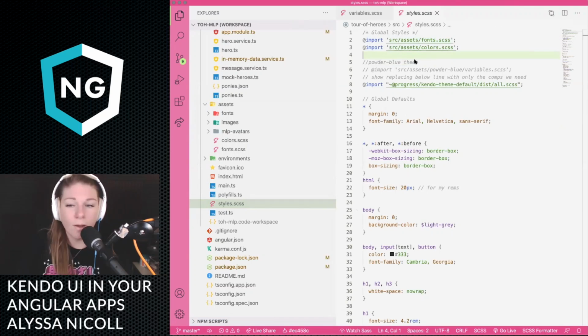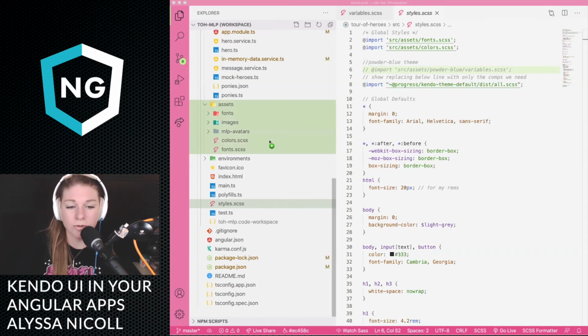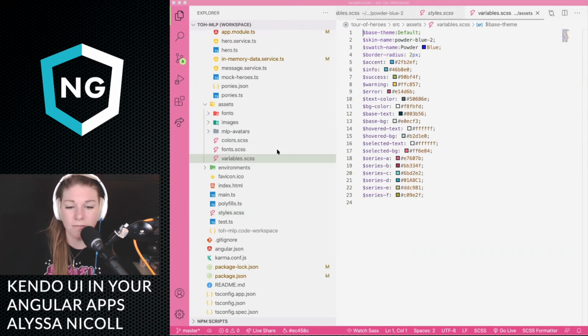So this is where we're going to go ahead and import our powder blue theme. But first we need to go ahead and add that to the project itself. So if we take the downloads, where are you? I need to see powder blue. We're going to just drag this next to my colors, fonts, and variables.